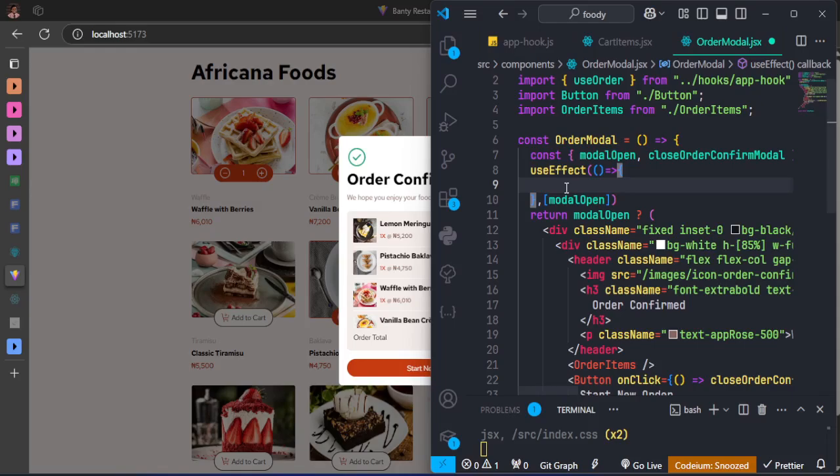So overflow like this to just be hidden. Style dot overflow, rather. So overflow is going to be hidden, but I want it to be overflow y. Overflow x, I don't think I need to change that. Overflow y hidden. If the modal is not open, then we need to return it back to the way it is, which is going to be auto